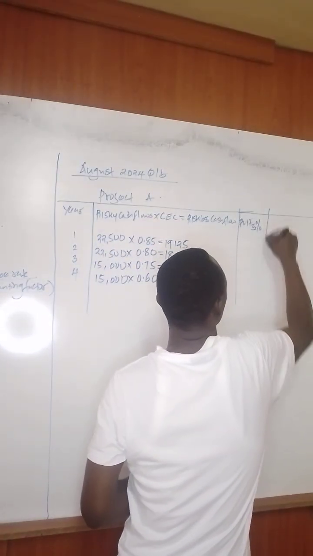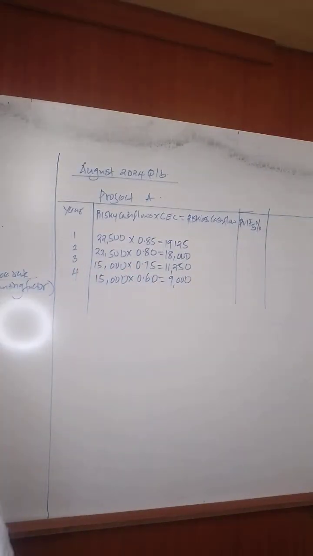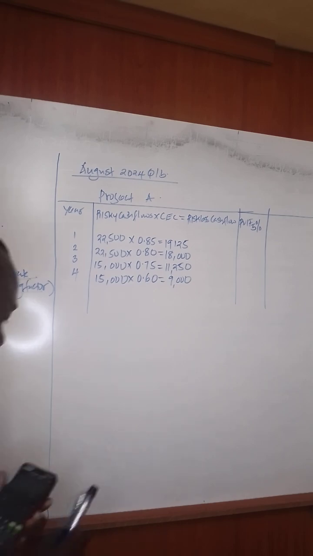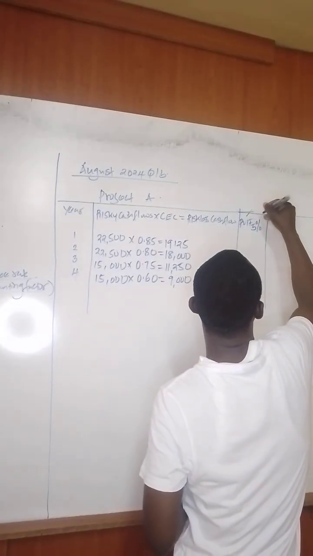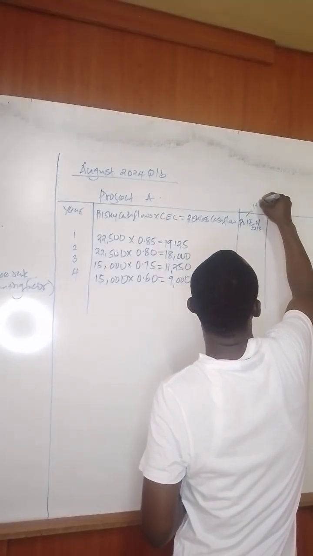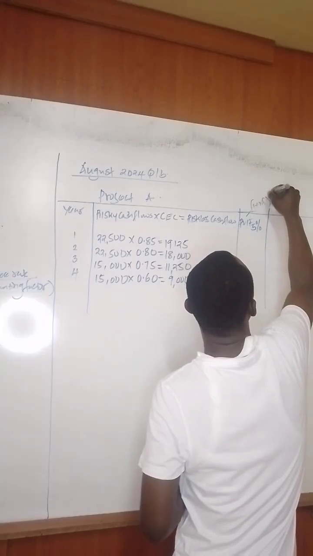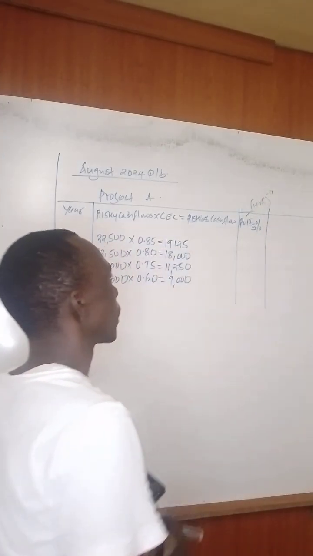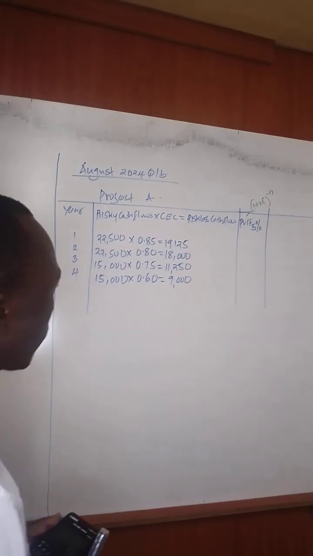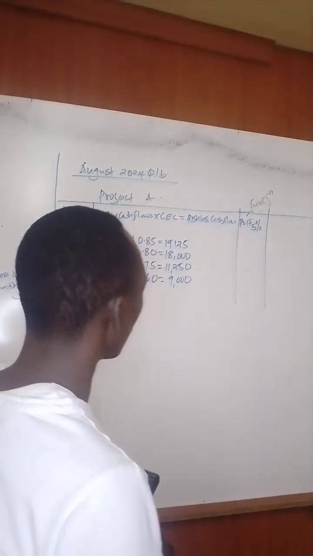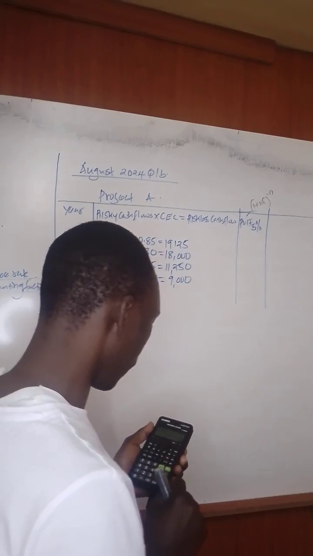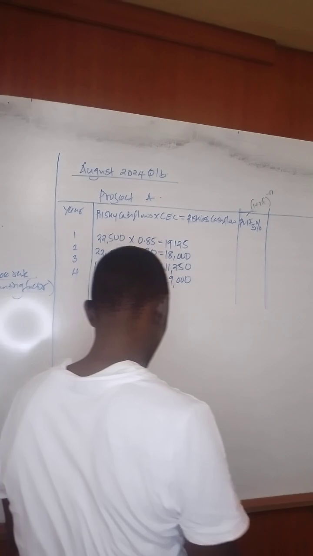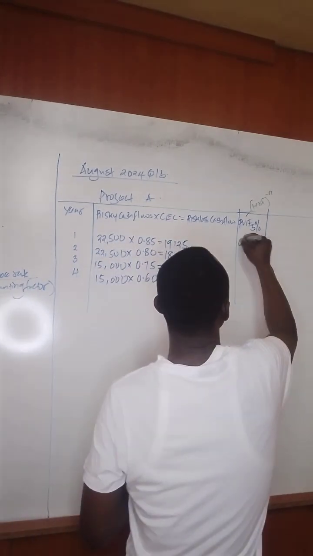A risk-free rate of 5%. That is what we were provided. So let us get the present value interest factor. In this case, we just normally take 1 plus risk-free, then you raise to negative n, because we need to get the present value. So therefore, it is going to be 1.05 raised to negative 1. The first period is 1. So therefore, the output will be